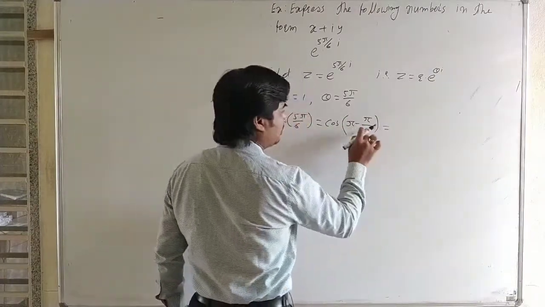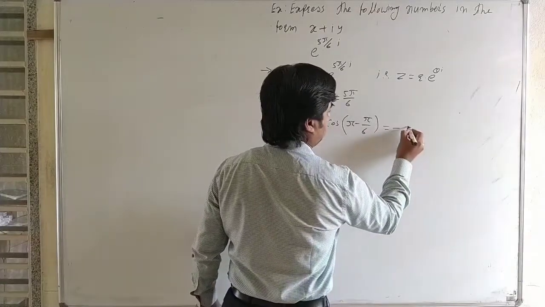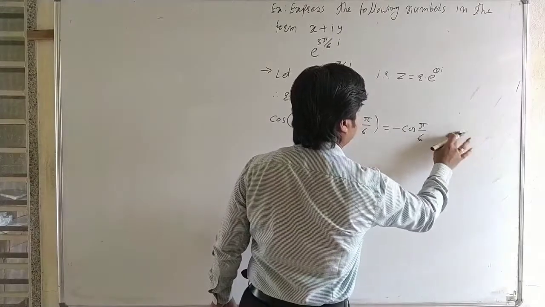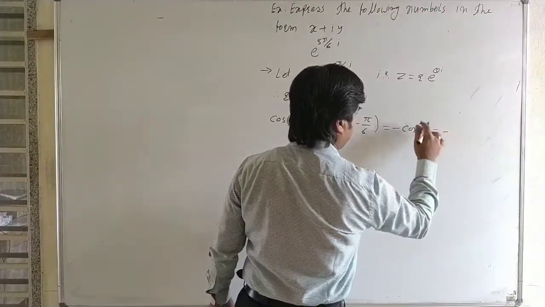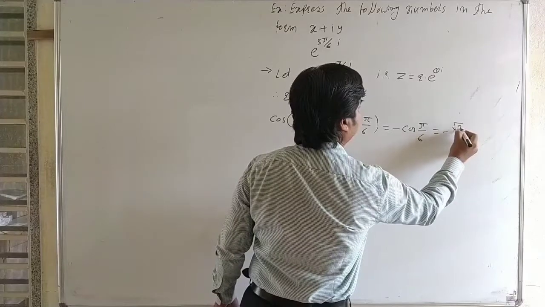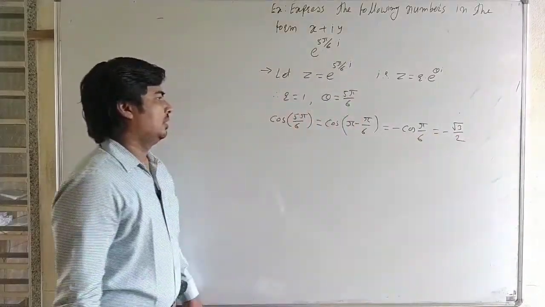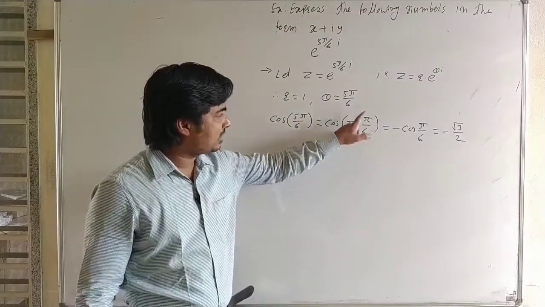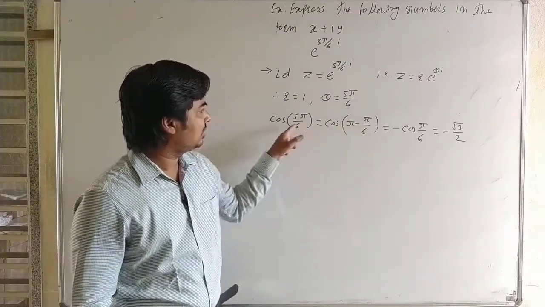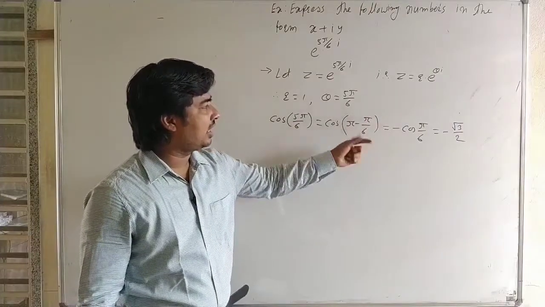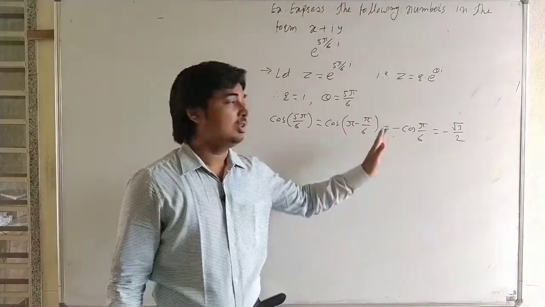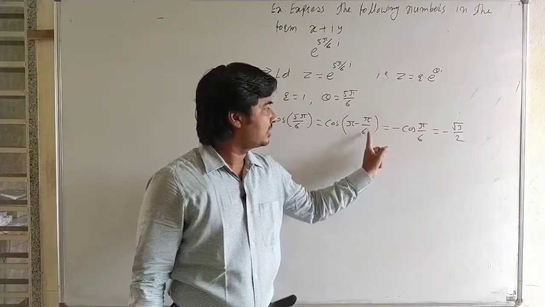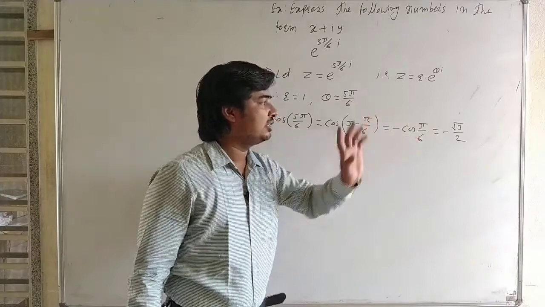And it is cos pi minus theta, it is minus cos theta. Okay. Here we use the formula. Okay, last time we used the formula. Here cos 5 pi by 6, it is cos pi minus pi by 6. Okay, if we calculate this, this is what we get. Then it is pi minus theta, and cos pi minus theta is minus cos theta, and then it is minus cos pi by 6, and therefore minus cos pi by 6, it is root 3 by 2.